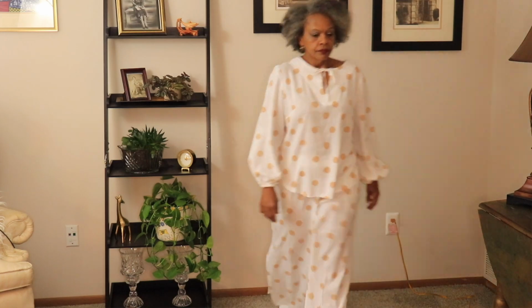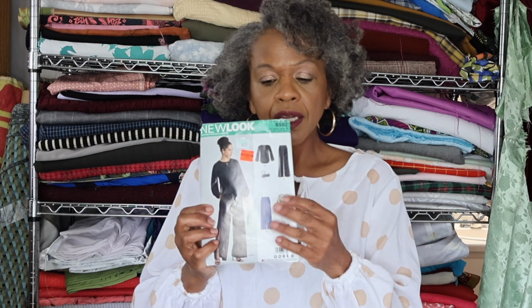It's been a long time since I've worn pants with a slit that high in them, and I'm like, do I like it or not? But I think I do. So I don't know, maybe I would make the next one without the slit. I don't know, it just depends. I do want to try and play with some mixed prints, like mixing some prints with the top